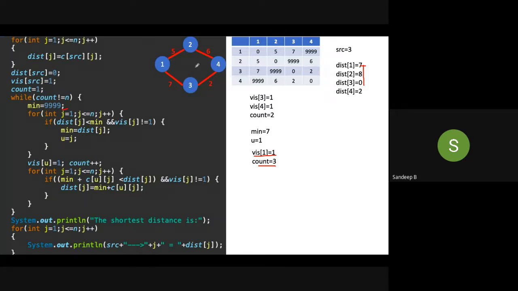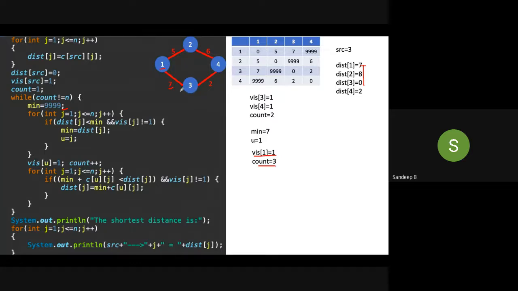That is from vertex 1. From vertex 1, we are trying to find out whether we can reach 2 with minimum distance or not. We are in 3. Now we have reached 1 with cost 7. So we will try to find out whether from 3 we can go to 2 via 1. Already we got one distance, that is 8. Whether this distance is less than that or not, we have to check.